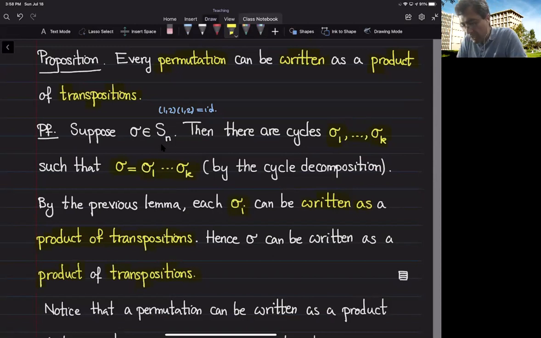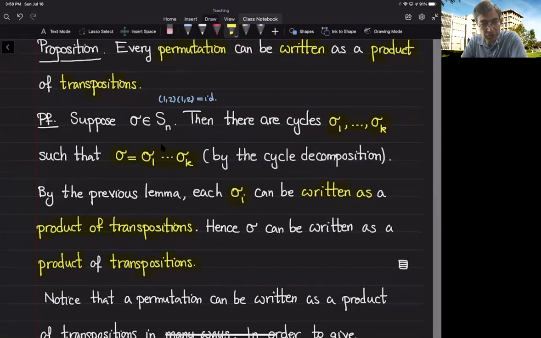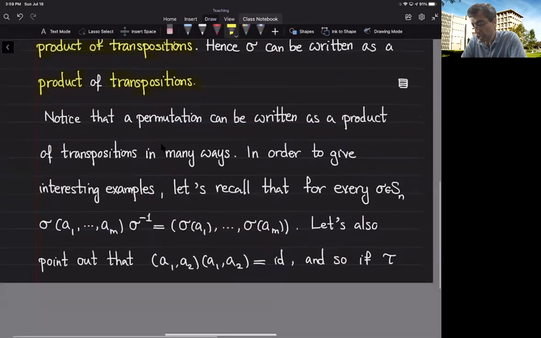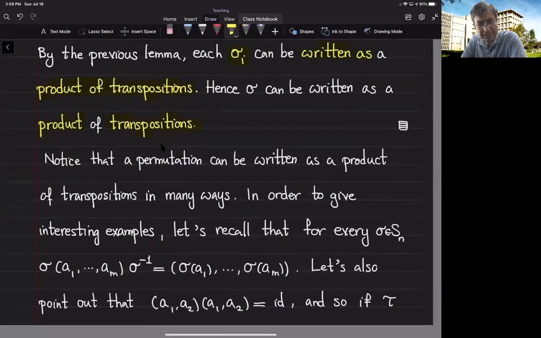Now, unlike the cycle decomposition, this type of product is not unique by any means. We can write down a permutation as a product of transpositions in many, many different ways. Of course, we can write it in the trivial way of writing, let's say, identity like this. I can write identity like this, or I can write it like this